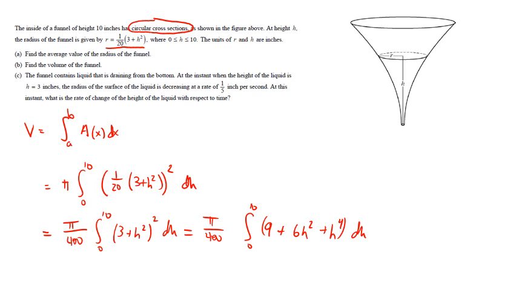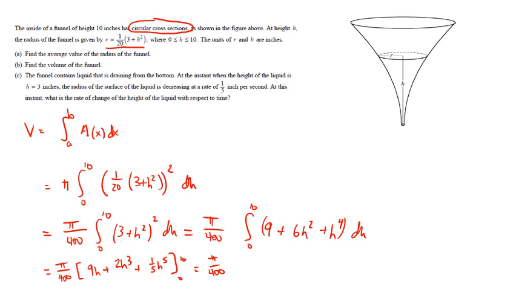Okay, so remember that that's always an option to you. You can always just square out the integrand and then kind of go from there. Okay, so now down here I'm going to take the antiderivative. Don't forget to keep this pi over 400 around. The antiderivative of that is going to be 9h plus 2h cubed, and then plus 1/5 h to the 5th, evaluated from 0 to 10,